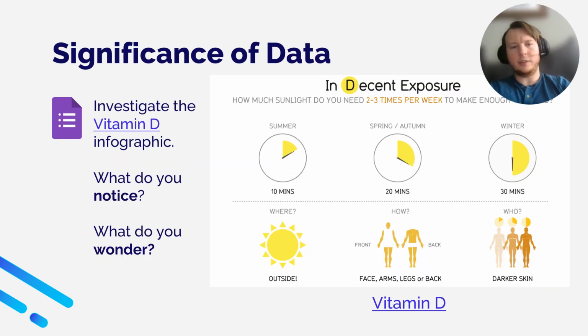This first infographic is about vitamin D. They have some time data, they have some map data, and they use some colors creatively throughout. Students have space on the worksheet to answer the question, what do you notice and what do you wonder? And they might come up with lots of different things because there is a lot on this infographic. It's also linked directly from the slide, so if you want to send students there themselves, we highly recommend actually opening it up and looking through it